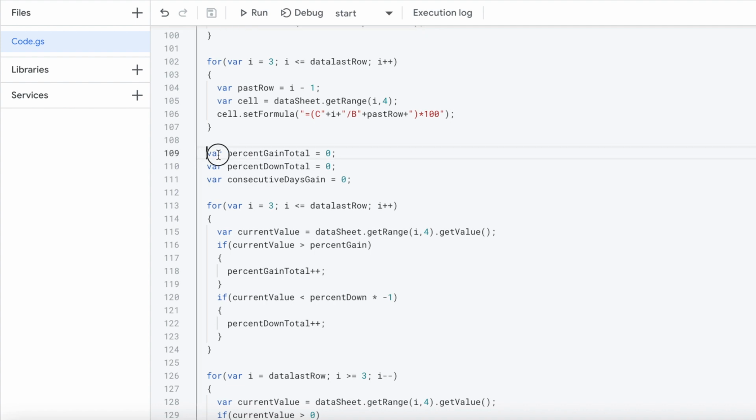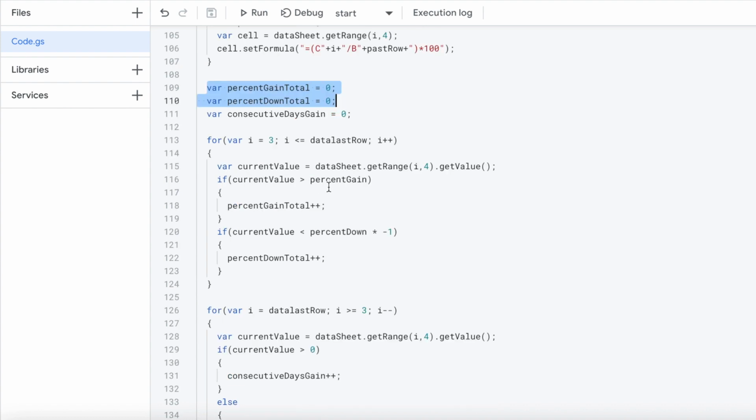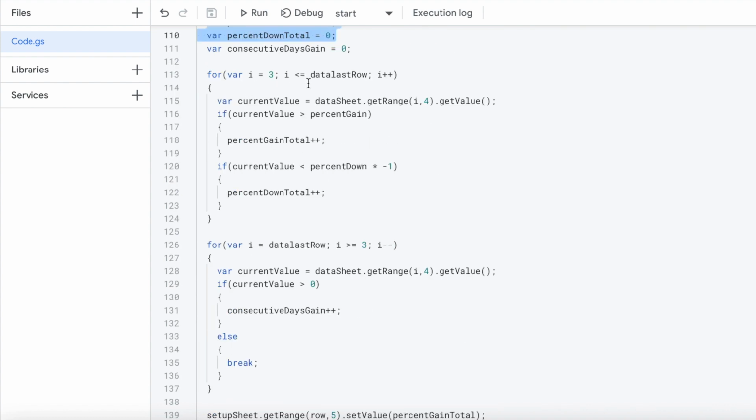Then I'm resetting my values of gain total, down total, and consecutive days gained, and then these are my iterations going through. Basically I'm getting the current value and measuring the percent as I go through each data row right here. If it's greater, I'm chalking it up, and if the current value is less than percent down times -1,